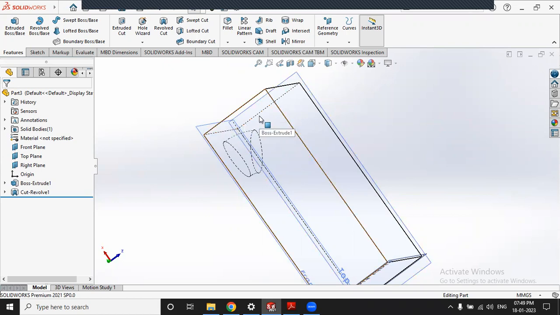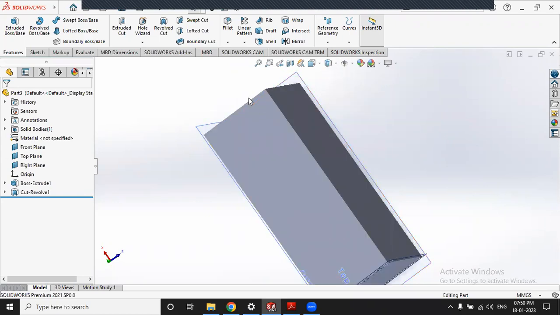Practically they are solid, but from this view these are backside, so that's why they represent in dotted. If I select hidden lines remove, so bottom lines are not now visible. Okay, you will get only the front lines visible. If you see shaded, you will not get any dark line on edges. And if you select shaded with edges,